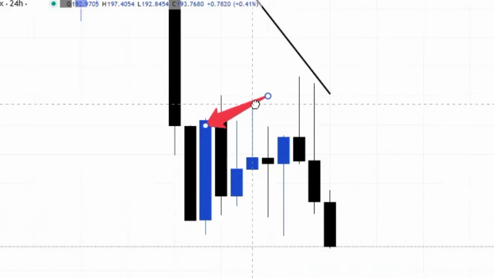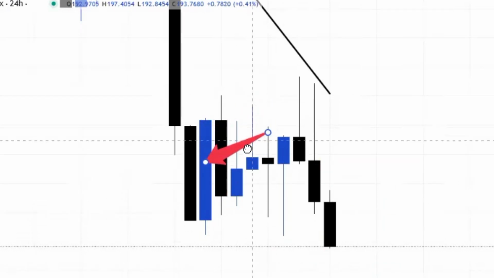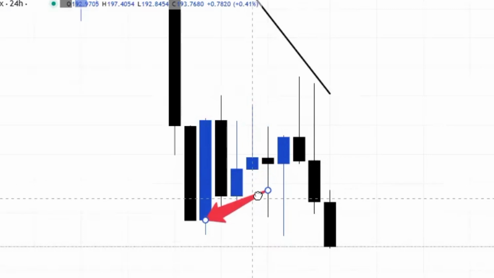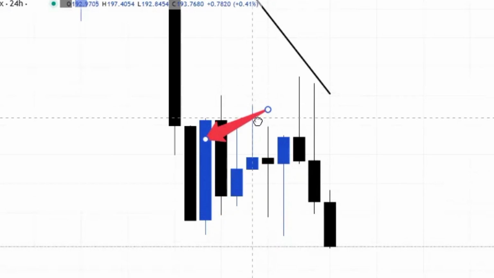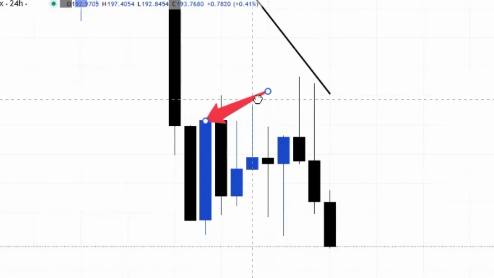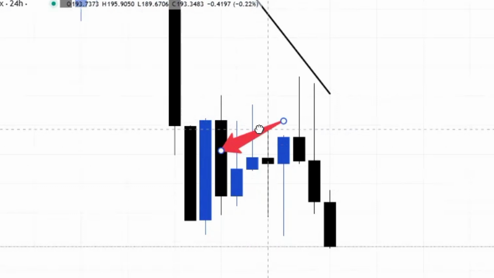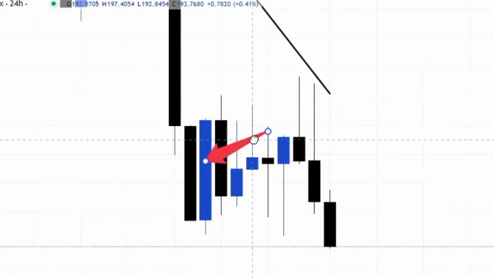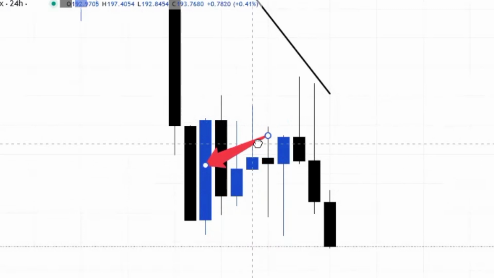Now if you look at this one here, this represents a bullish daily candle. That means that for that particular day, the market opened and closed bullish. Are you getting me now? Just for that particular day. So any trader that entered that day made money if they were a buyer, and if you're a seller that entered that day, you will lose money.